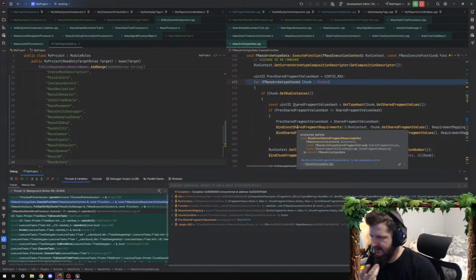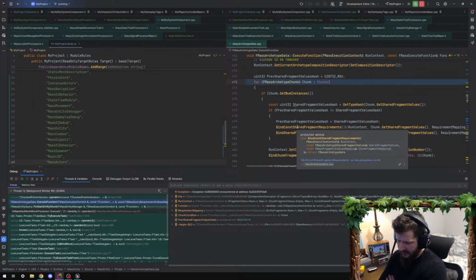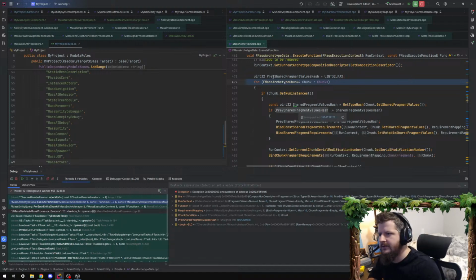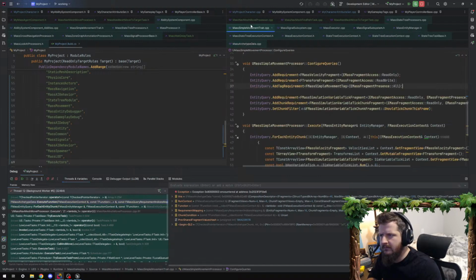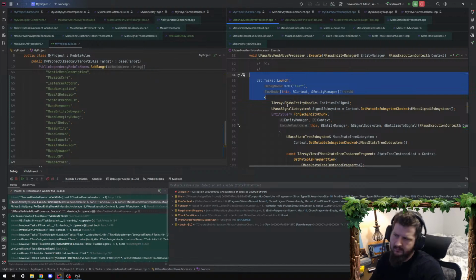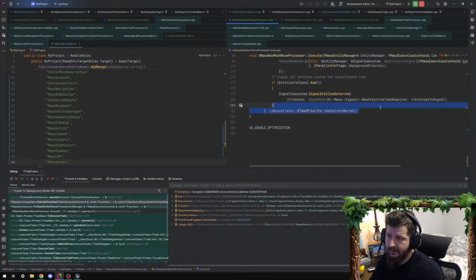I've written my own processors and traits, and really what I'm trying to do, which I've done successfully, is get LOD'd actors slash entities slash capsules to move around on a nav mesh instead of a zone graph. The zone graph's the built-in way to do it, but it seems mainly for pedestrians and traffic, and I need arbitrary movement, right? And so I did get that working. I had 1,000 entities moving around, but my processor seems to always run on the game thread,